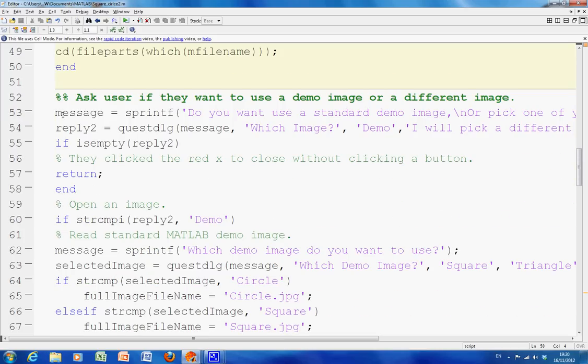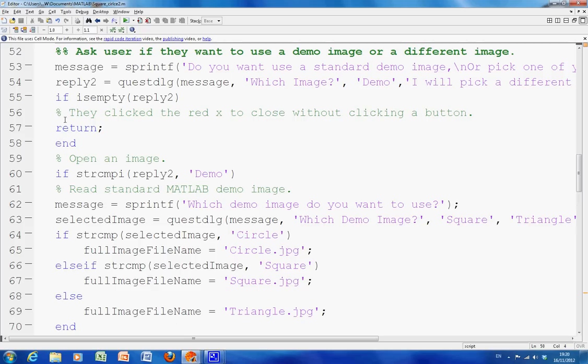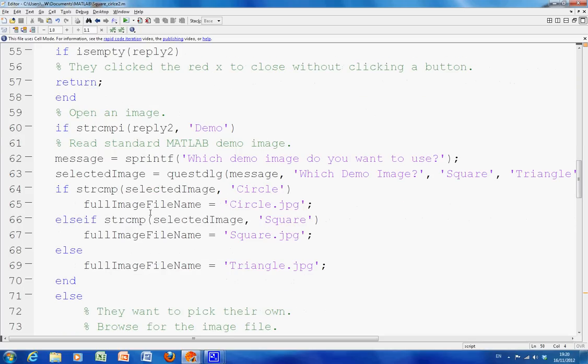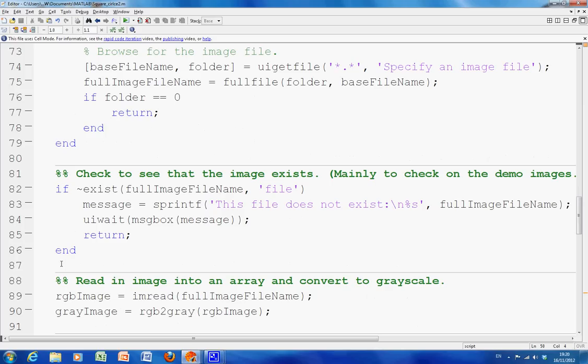lines 52 to 79, that's just to do the image selection, and we get a question dialog box, and I think that'll make more sense when we run it. Now there is a demo image there on lines 64, 65, 66, 67, 69 and 70, but I'm going to pick my own one, on 72 to 76 or whatever it is, because that image contains all three. Okay,